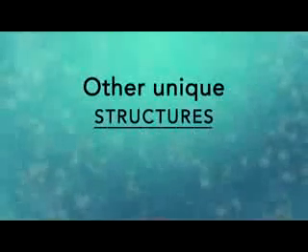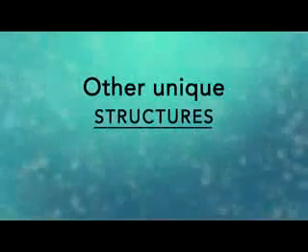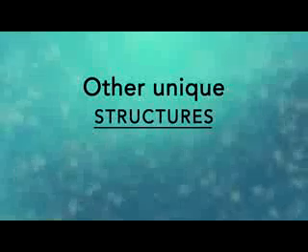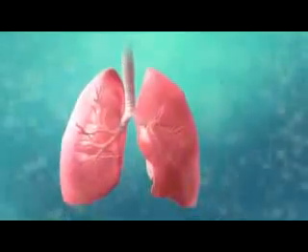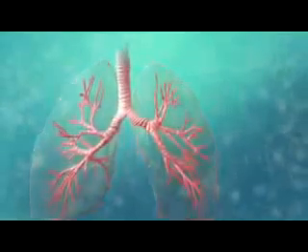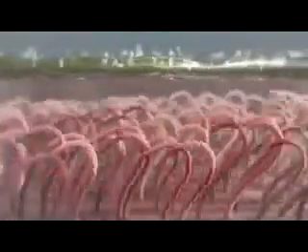There are many other unique structures that only some cells have. Here are just a few. In humans, for example, the respiratory tract is lined with cells that have cilia. These are microscopic hair-like projections that can move in waves. This feature helps trap